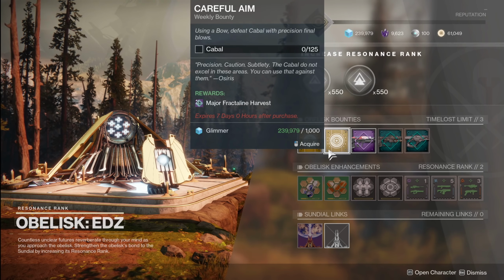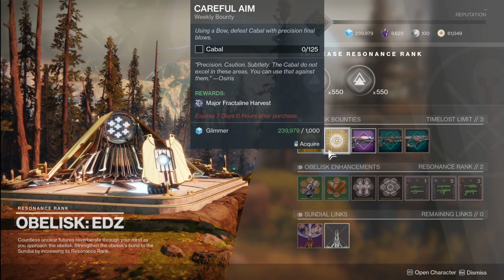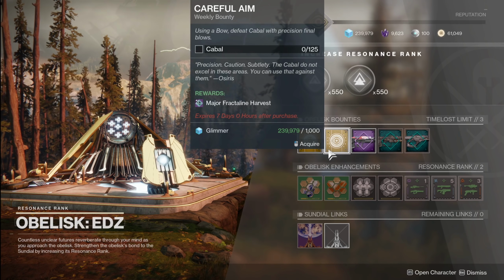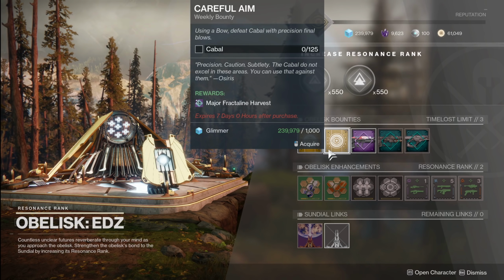But the nice thing about the ones that are just general kills is that it does seem to take into account your teammates on a strike as well. So if it just says, just kill Hive, go to a Hive strike. If it says, get Hive with precision final blows, that one you might want to go to a Lost Sector